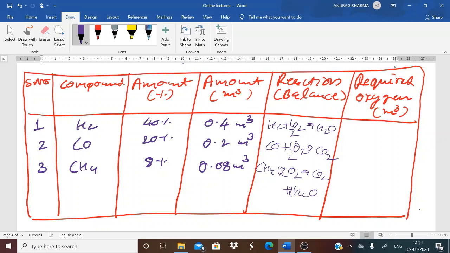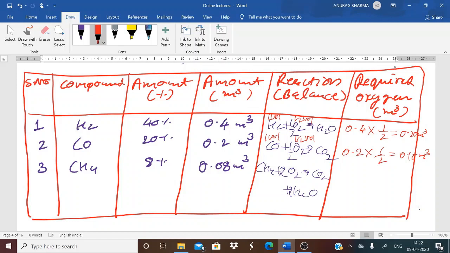Now we will apply the mole concept. Here 1 volume of hydrogen reacts with half volume of oxygen. Then 0.4 meter cube of hydrogen can react with 0.4 multiplied by half. It means the final answer will be 0.2 meter cube. And in this case, half volume of carbon monoxide reacts with half volume of oxygen, then 0.2 meter cube of carbon monoxide will react with half amount of oxygen. We can calculate like this. So the final answer is 0.1